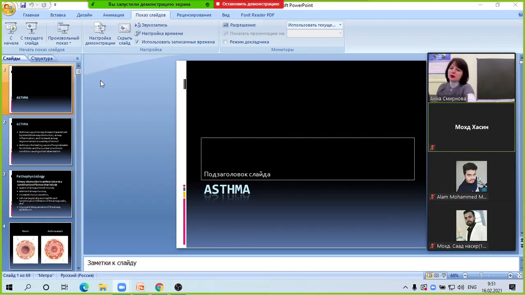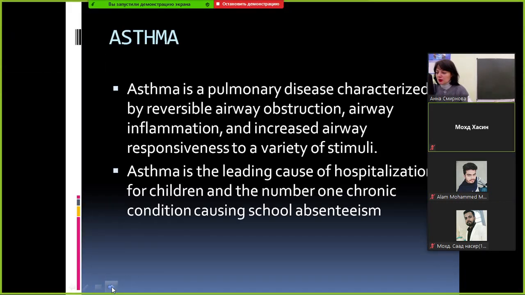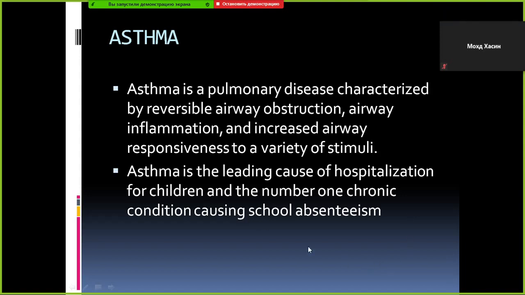Bronchial asthma and COPD. For the first, we will talk about bronchial asthma. So, bronchial asthma, the definition of this disease. Bronchial asthma is a pulmonary disease characterized by reversible, underline to yourself, reversible airway obstruction, airway inflammation, very important idea,